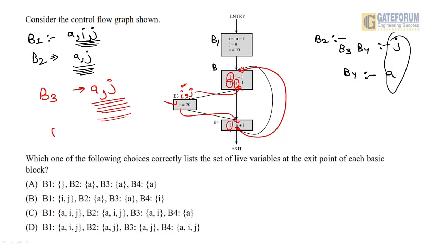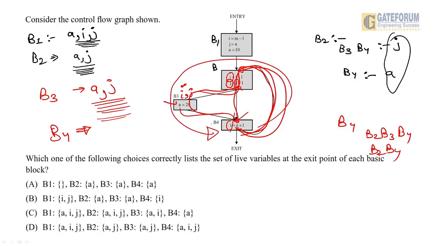Okay. Now for the B4, let's see for the B4. So B4 follows which path? B4 follows two paths: either B2, B3, B4, B2, B3, B4 or B2, B4. So either we can go in this loop or we can go like this. So ultimately what we can say, in that condition, just see here,